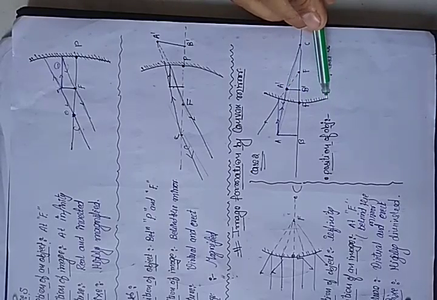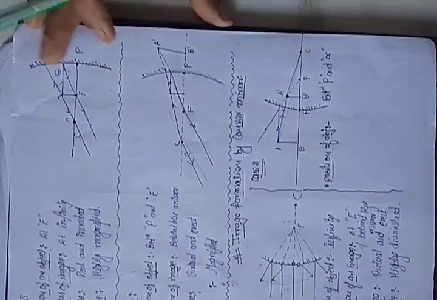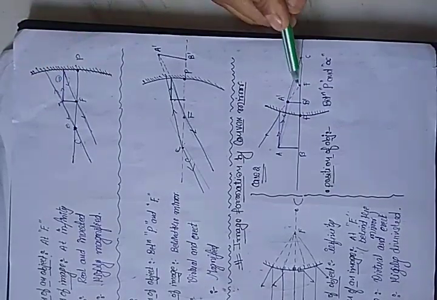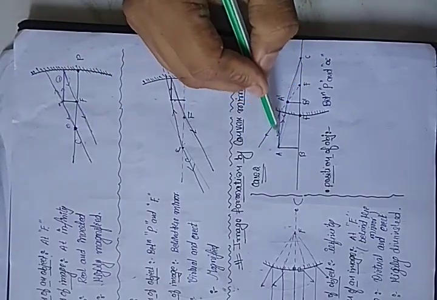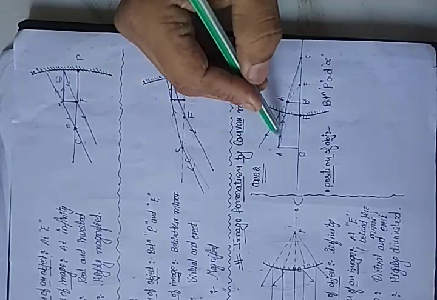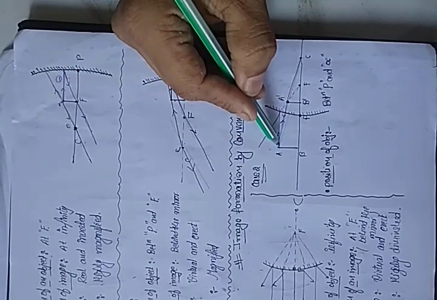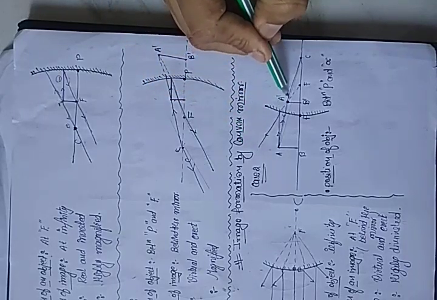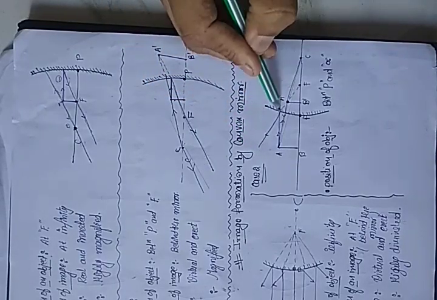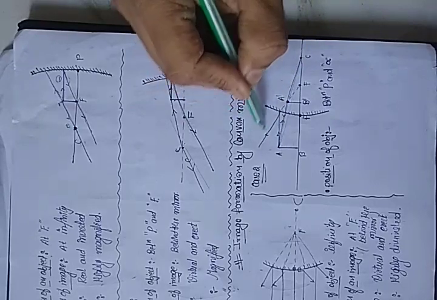Now we are coming to the next one, case number 2. What is case number 2? Again, just take a mirror, convex mirror. This is pole, this is center, this is focus. Now we have only two rules. Rule number 1, parallel light, and rule number 3, center. Okay, so pass a light parallel, it will reflect back, trying to appear beyond the mirror. This is the focus. Rule number 1, parallel, it will meet at focus.